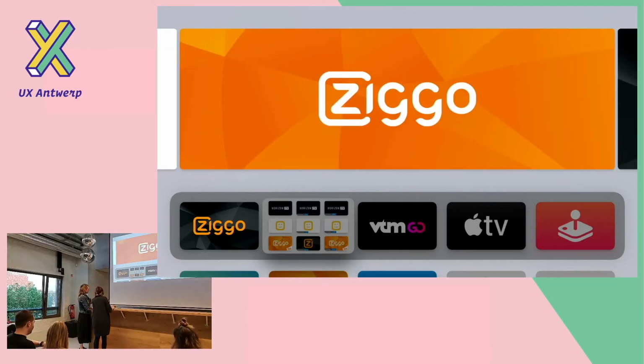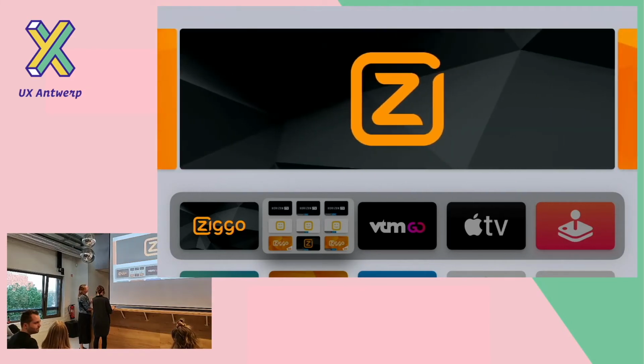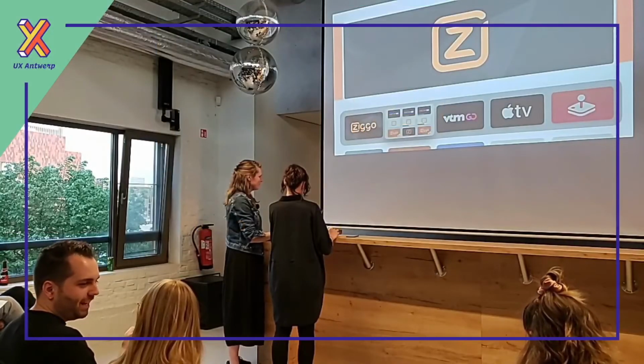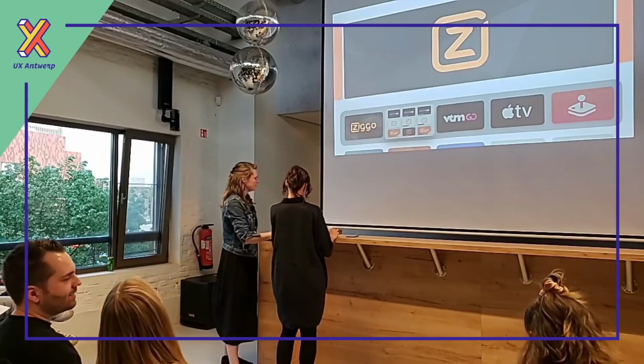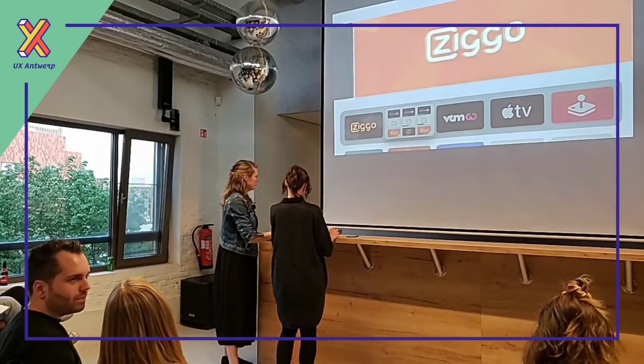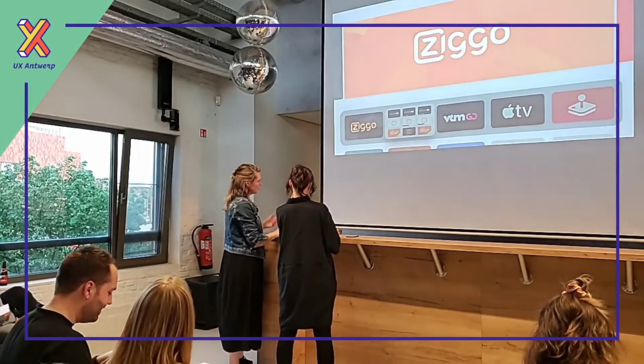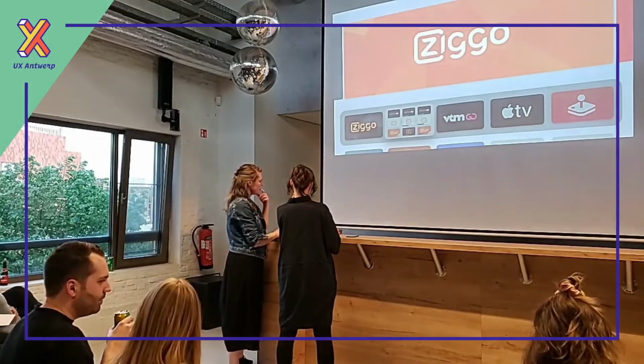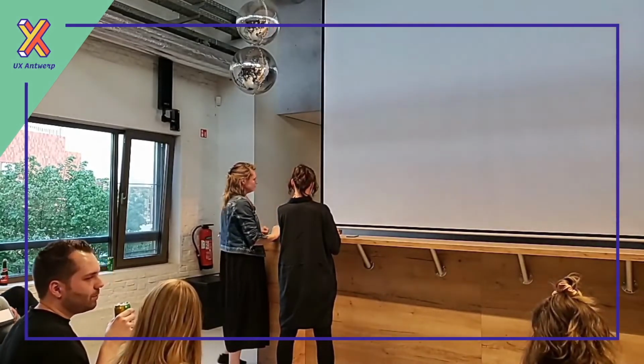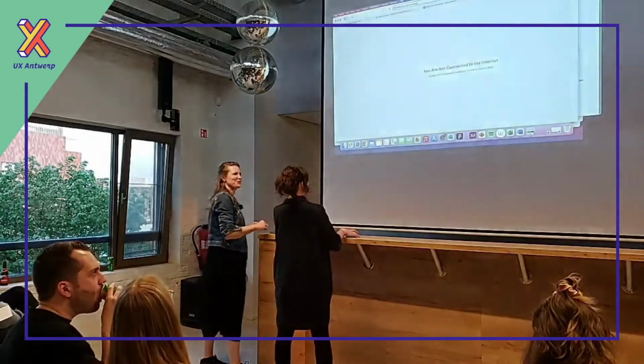I'm trying to connect to my iPhone to see the results, but well, I can send them later on. It's not connecting. I also had trouble getting on the Wi-Fi here, but I will send the results later on.